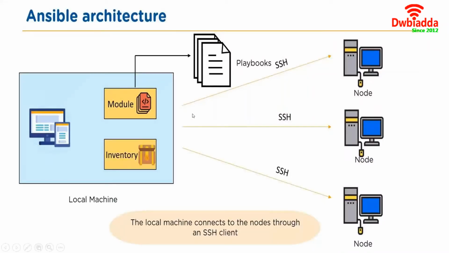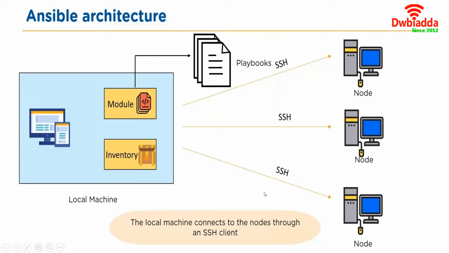Now talking about the Ansible architecture, in the local machine we have modules and inventory. So inventory is basically the configuration set up by the user, and the modules are simply the playbooks, or we can say that the modules are the code written by the user according to which the applications are configured. Now the local machine is connected to nodes, which are the client machines, through the SSH protocol